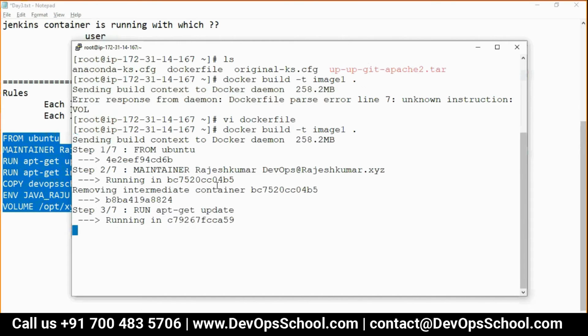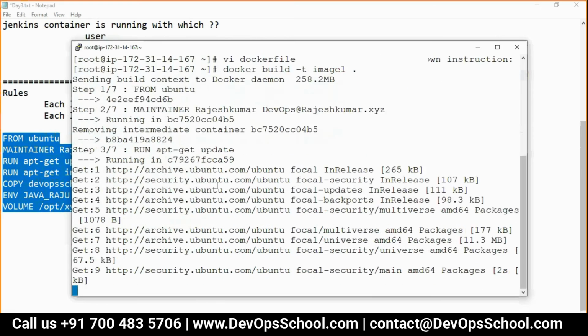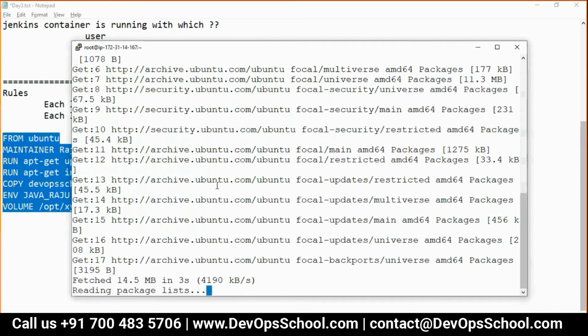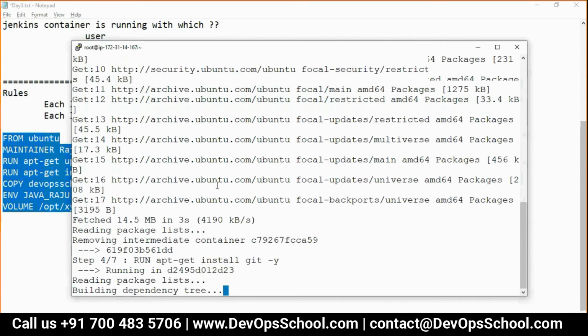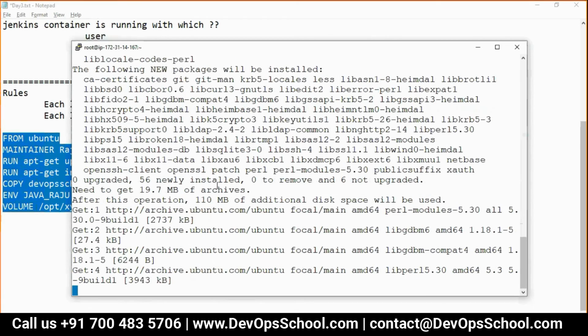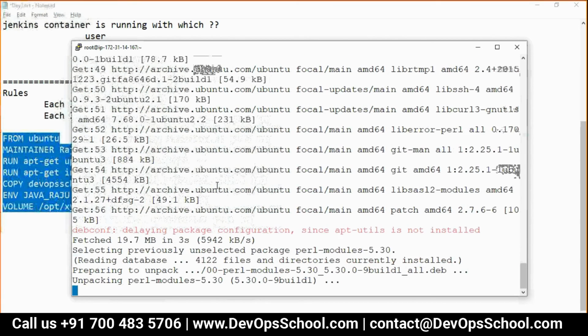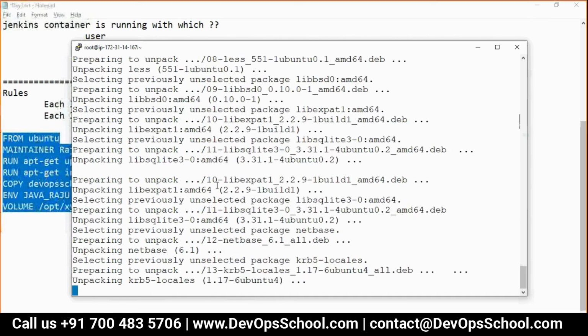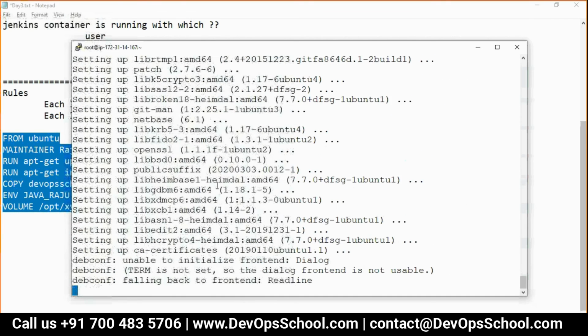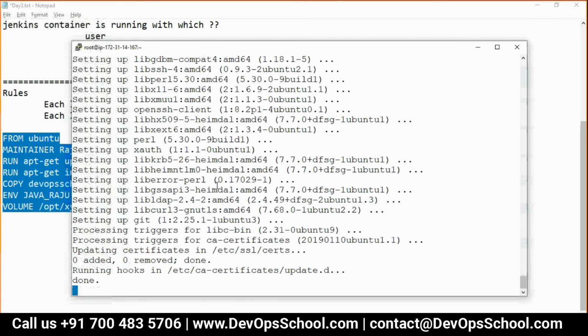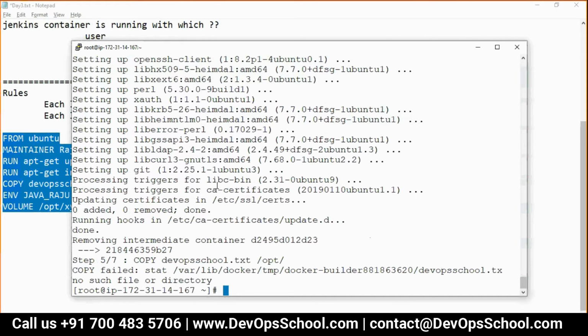See here, step 1, 2, 3, third is happening, 4. Done. But the fifth failed.